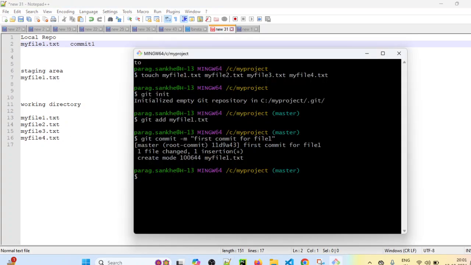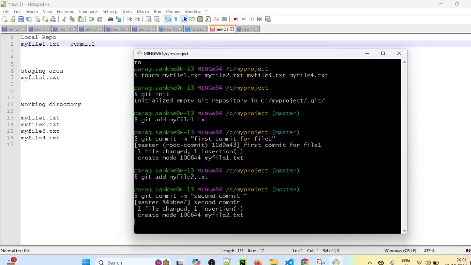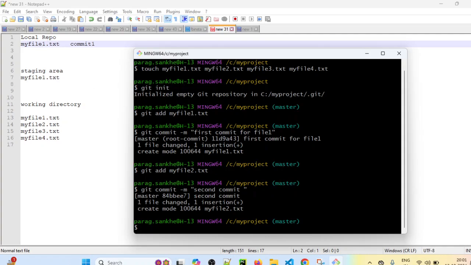So let's run git add myfile2.txt. It will add the file to the staging area, and then we can simply commit: git commit -m "second commit". So it will add file 2 to the local repository.